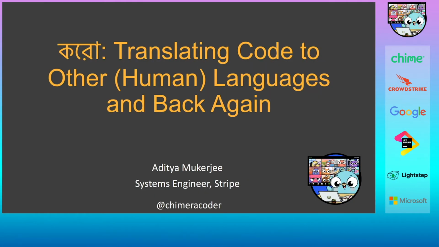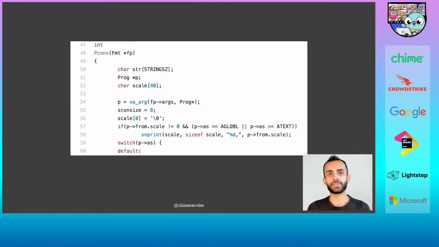I've been writing Go full-time for over 8 years now, and a lot has changed in that time. This right here is from the source code of the Go 1.0 compiler back in 2012. If you don't write C, there's a lot of unfamiliar stuff there. You might be able to get a sense of what's happening, but not completely, and it would be much harder to write it yourself than to read it.